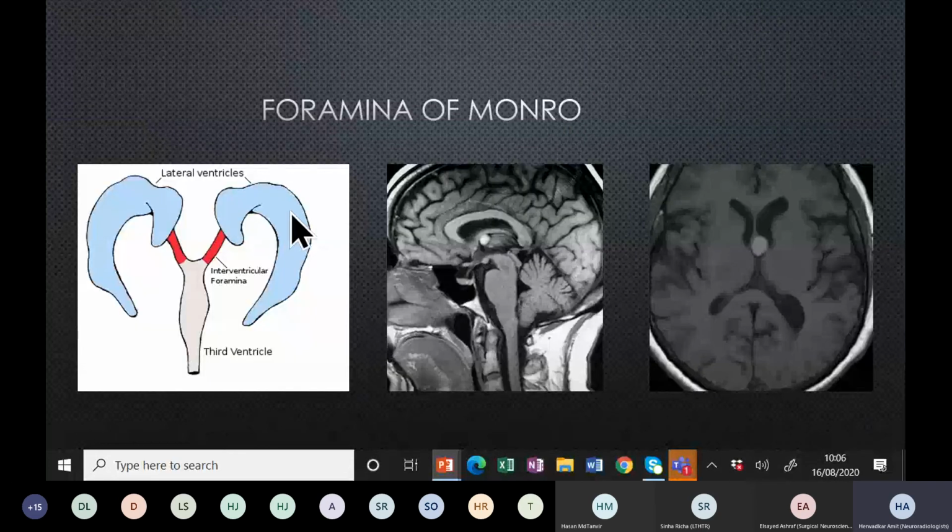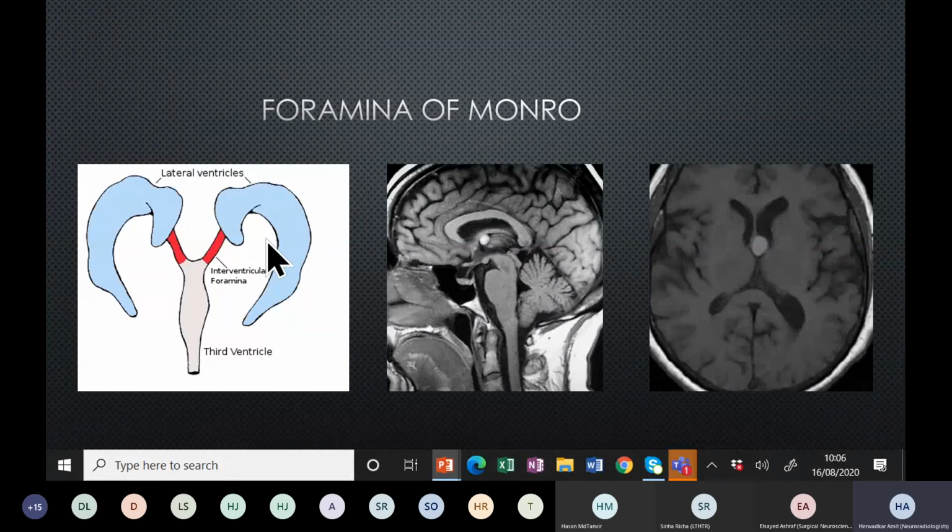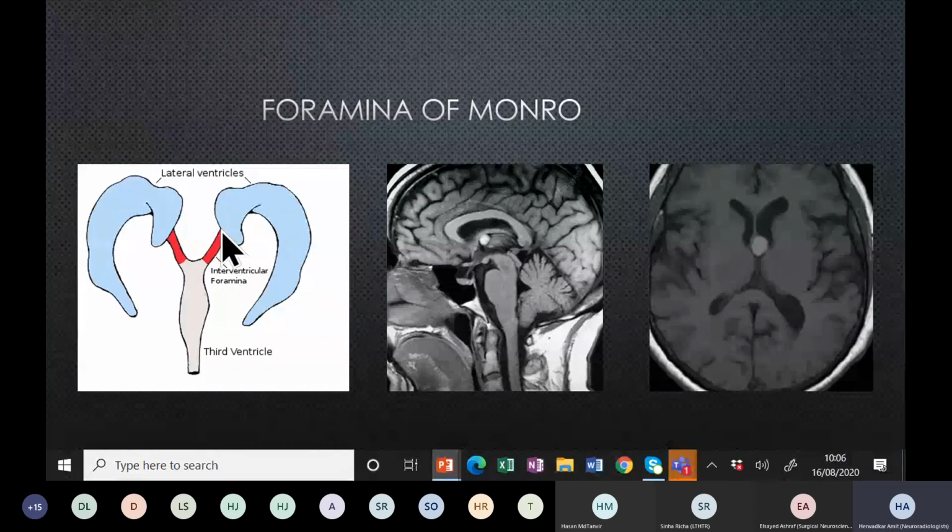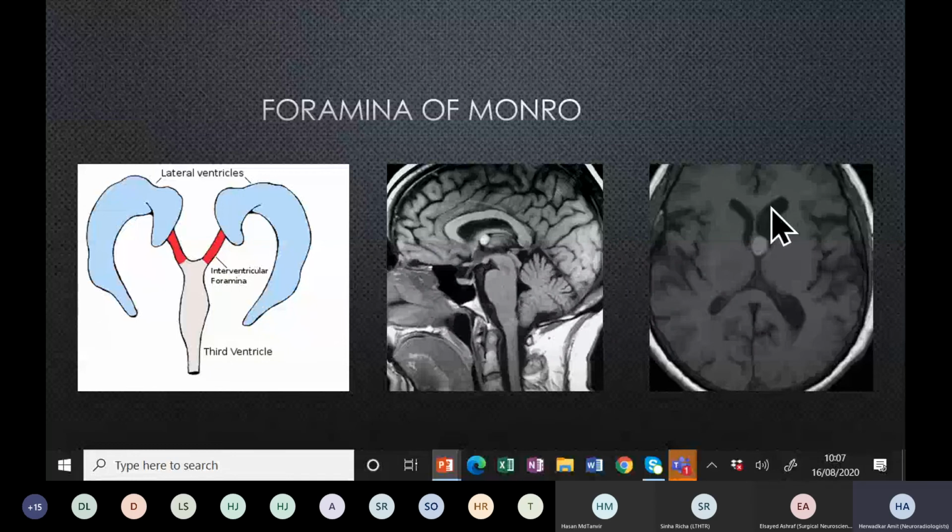And just next few examples to highlight the anatomy. We've got the lateral ventricles which communicate via the interventricular foramina, the foramen of Monro, into the third ventricle, and this patient has got a tumor. So again, the anatomy here: the frontal horns, the midline septum, and this is the foramen of Monro on the right side, and you can see a tumor within the left foramen of Monro causing dilatation of the left lateral